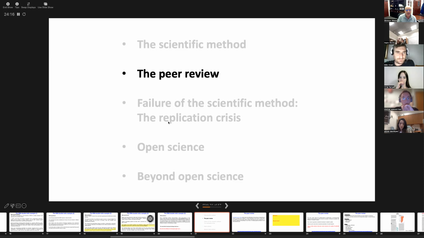And the next topic is peer review. This is actually a very interesting topic because we'll talk about how it was done until now, and we'll talk about some changes as recent as a paper from two days ago. And this is really a response to the failure of the scientific method. We are trained to think that we are all scientists doing the right thing, we have the right method, and science is doing great. In this course, we're going to see what the problems are. We are facing a huge problem nowadays, and peer review is changing because of that.